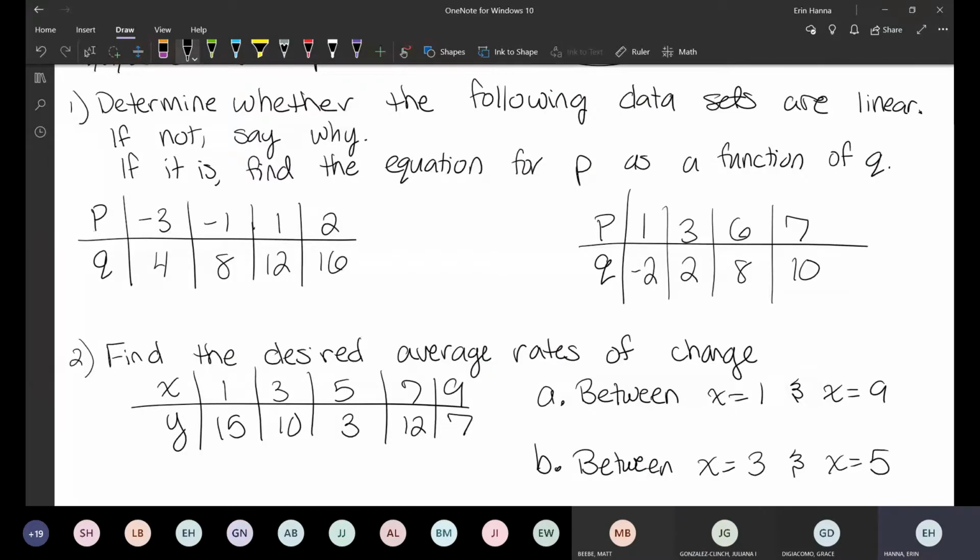But so, determine whether the following data sets are linear. If not, say why. If it is, find the equation for P as a function of Q. So this first one here, we go ahead and change it. Well, it's going to be 2, and then by